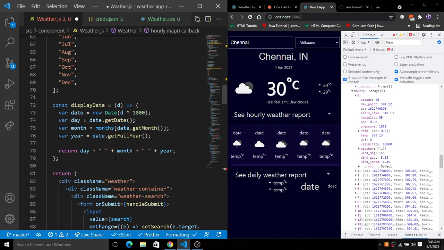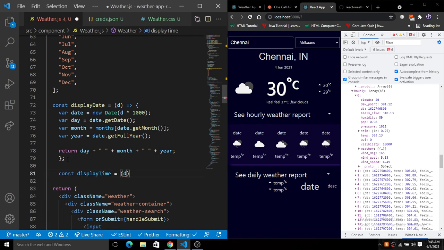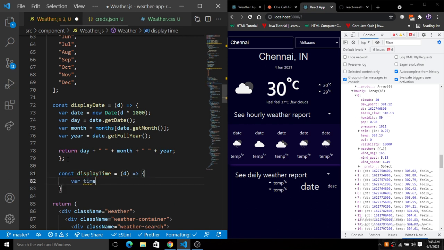So let's define a function, const displayTime, and here we will provide the date time that we already have there. Now let's convert it to the time here. First of all convert it to a date object, multiply by 1000 because it is in a Unix timestamp.